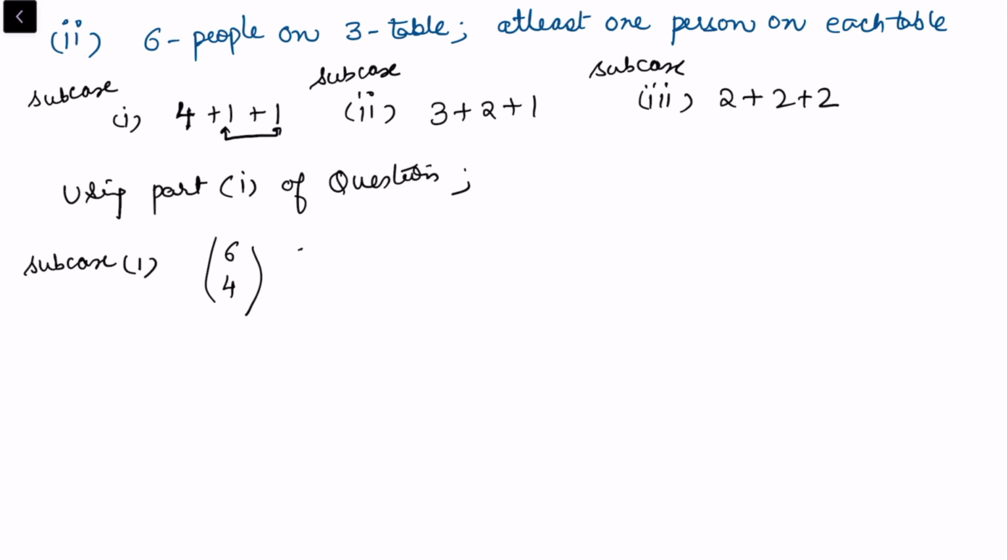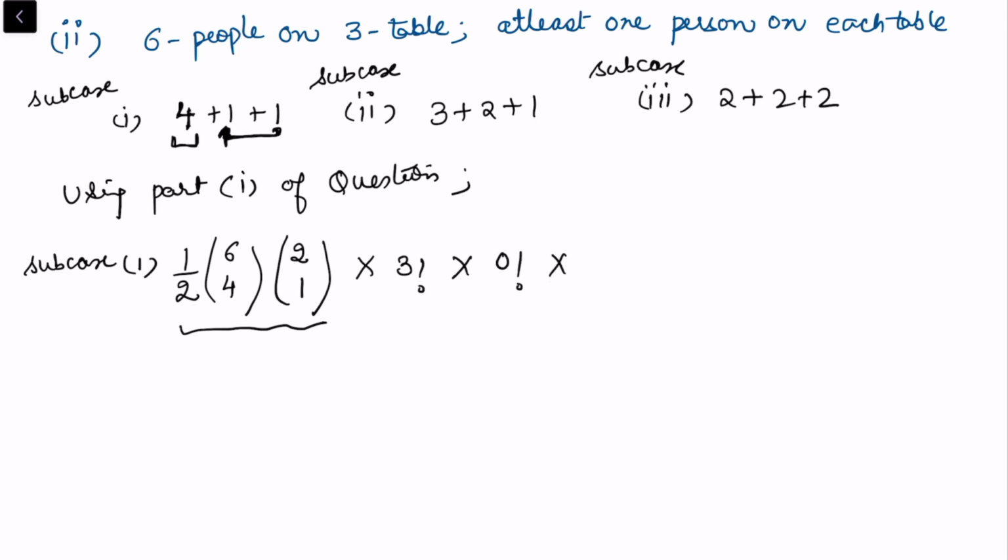and in this, out of the 2 remaining people, I want to select 1, and also there the group size is the same, so we must divide by the number of groups, that is half. Now this is the way people have selected, and now we want to place them on a round table. So 4 on a round table will give me 3 factorial, and then 1 on the second round table will give me 0 factorial, and this one on the round table will give me 0 factorial, so we get total as 90.